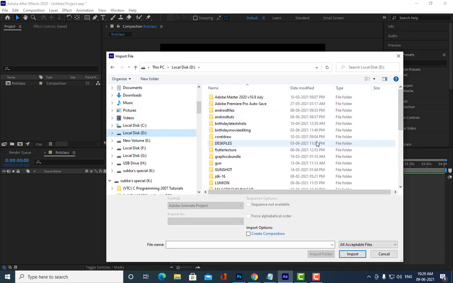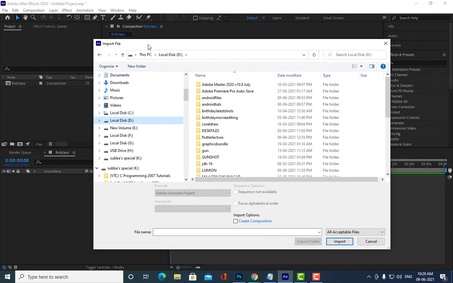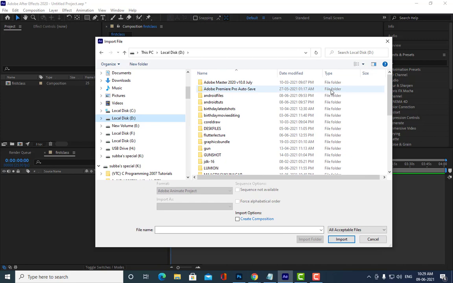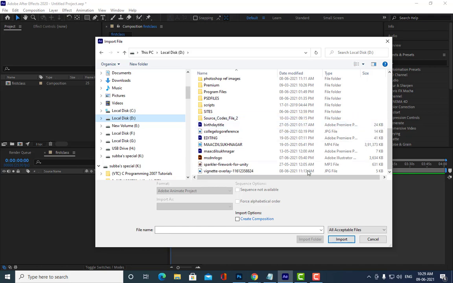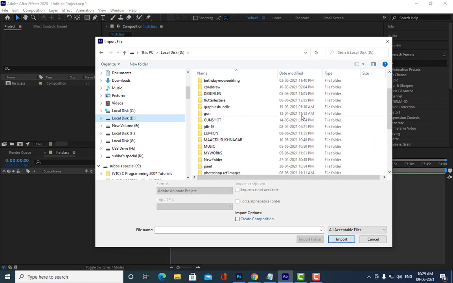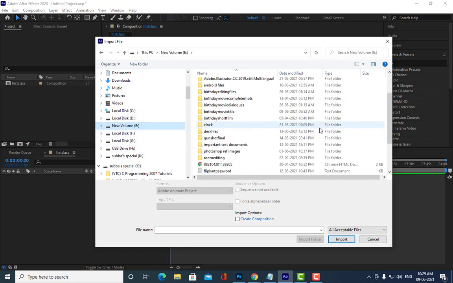Once you double click here, this Import File window appears, and from this you have to browse to the images. You can select different images. Okay, let me actually check. I have some images.